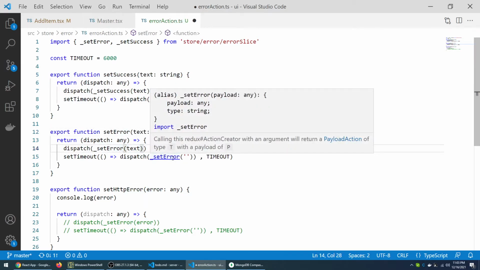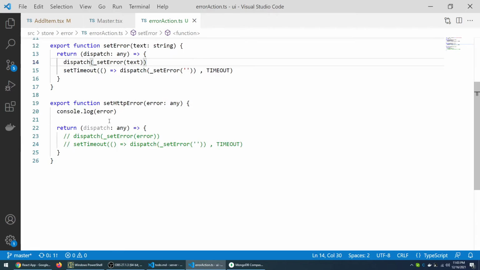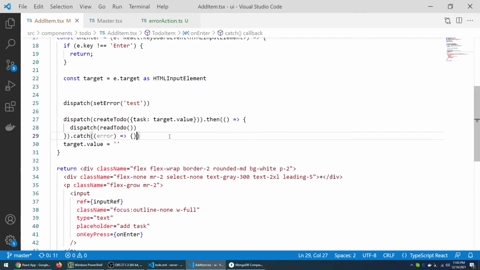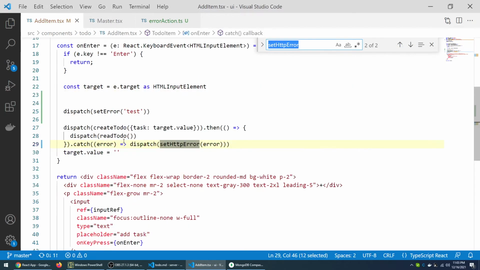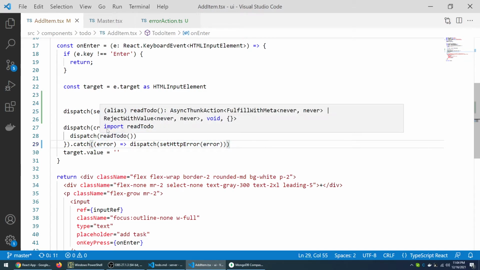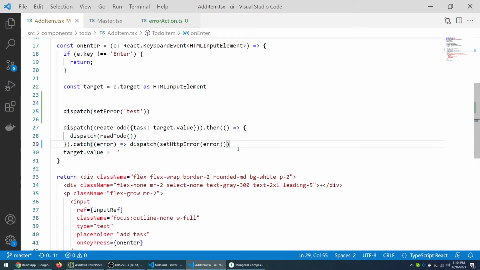Text is perfect. Okay, let's use this and dispatch. Handle set HTTP error, and we have the error, right? Then get from action. Okay, so we get the error from action, right? Okay, now to test this, what we basically have to do is